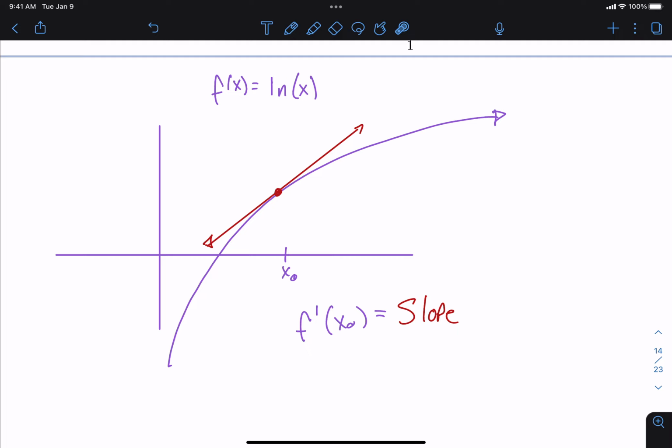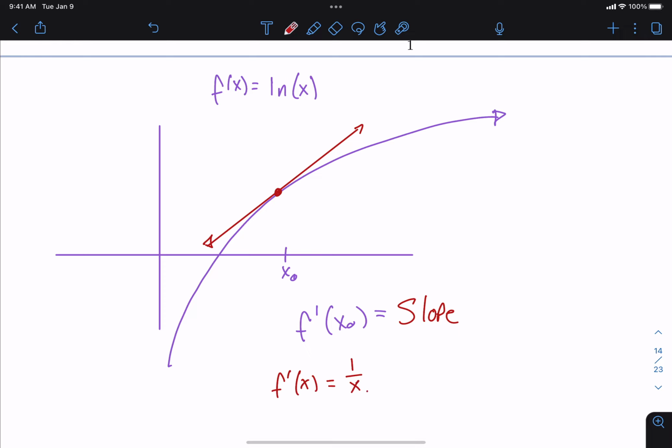So you could ask yourself, what is going to happen to the slope of this tangent line as x gets larger and larger and larger? Well, the tangent lines look more and more and more flat. You can see this as we move from left to right. You agree with me? So what we see here is that f prime of x is equal to 1 over